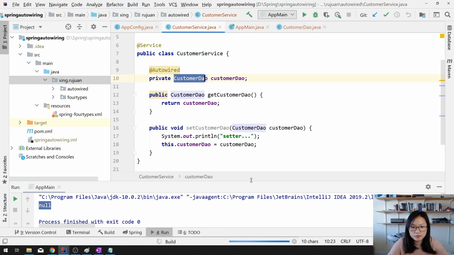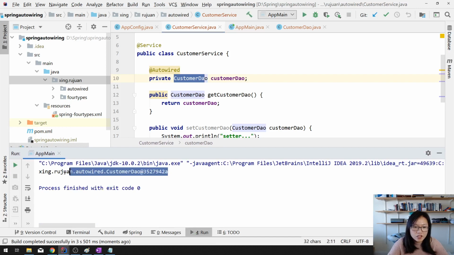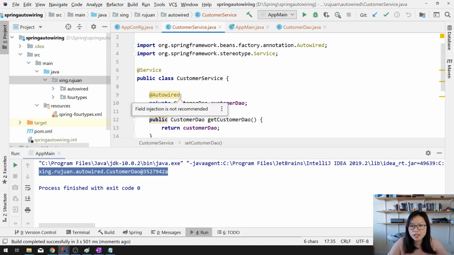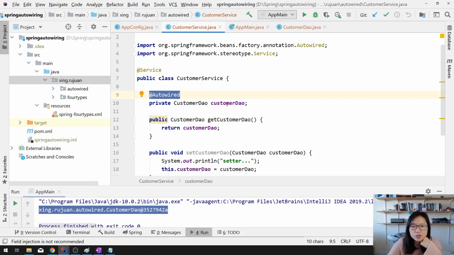Okay, let's run it. Now you will see, okay, injected successfully, and we know the setter is not being used because when you're using autowired here, Spring is gonna use the reflection API to inject a bean for you. This is not good, because you're gonna have a problem, which is a cyclic problem. Suppose you have a class A depends on B, and all of them use property-based dependency injection, okay? And then you have B depends on C and C depends on A, and then you have